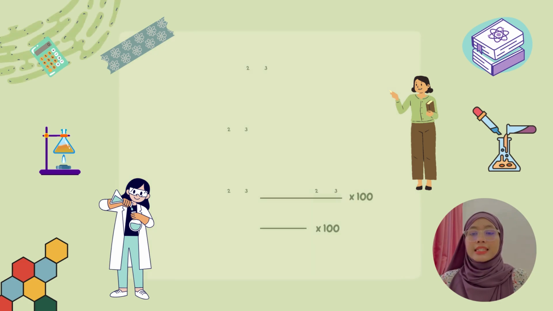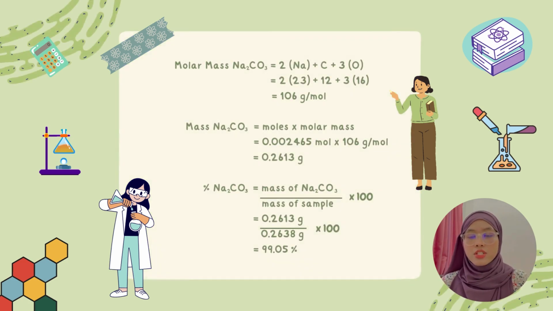0.002465 mole. Third, we need to find molar mass Na2CO3 equal to 2Na plus C plus 3O. So we place the value, which is 2 times 23 plus 12 plus 3 times 16. Then we got 106 gram per mole. The next step, we need to find mass Na2CO3, which is moles times molar mass. So we key in the value, which is 0.002465 mole times 106 gram per mole. So we got